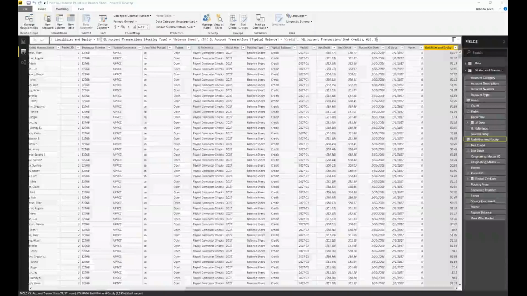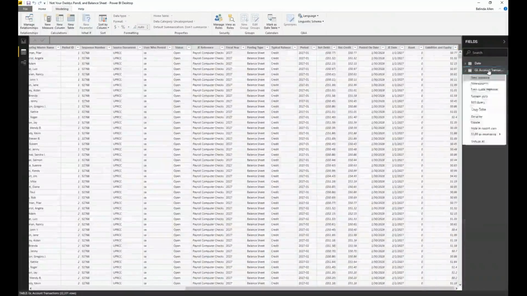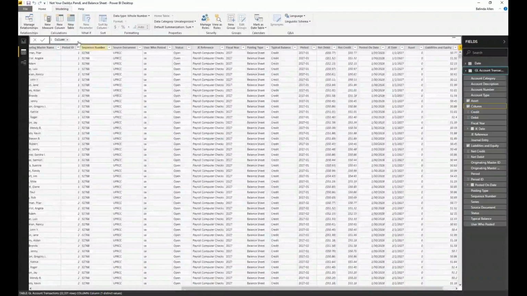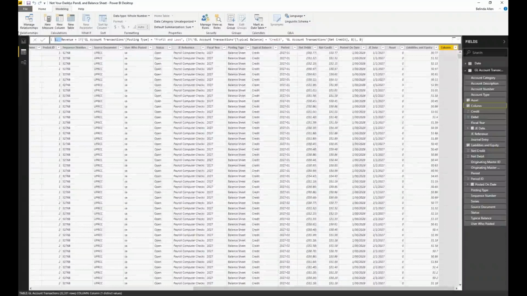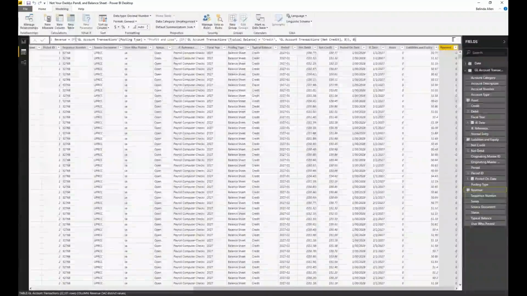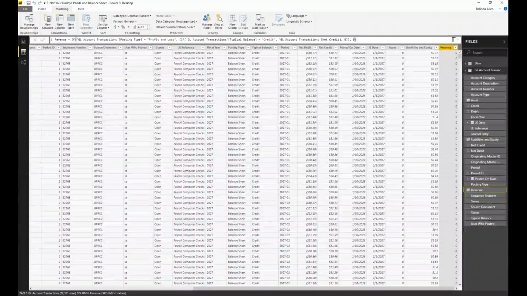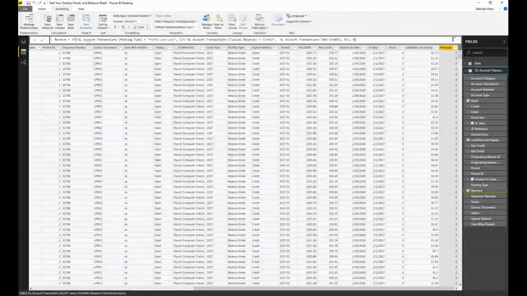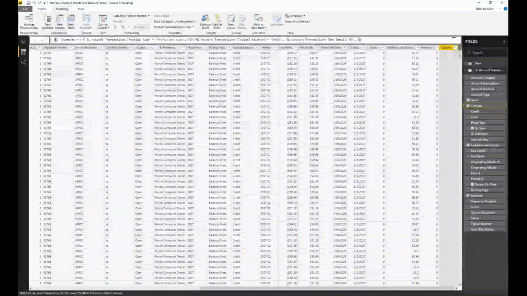I'm going to do the same for my revenue. Oh, that's probably why I did that. Let me just right mouse click here. I'll save myself a little bit of grief. There's my revenue. This one is profit loss, and this one is credit. Now, you could also do this with segments of your chart of accounts. You could just do ranges if you want, using the conditional section inside of the query editor. There's a large variety of ways you can do this, but the point is that I am identifying these as unique fields, and that's what we're trying to get at.